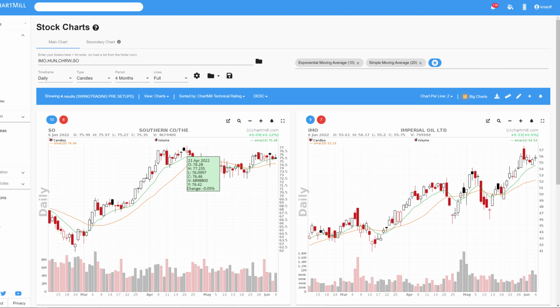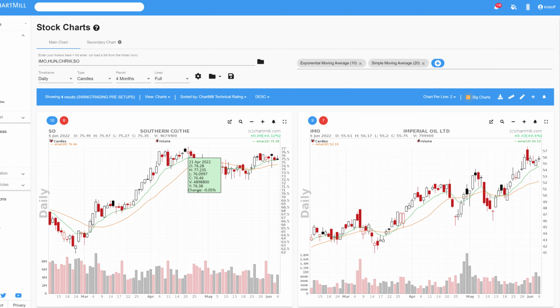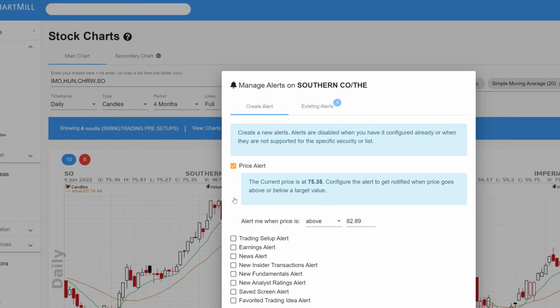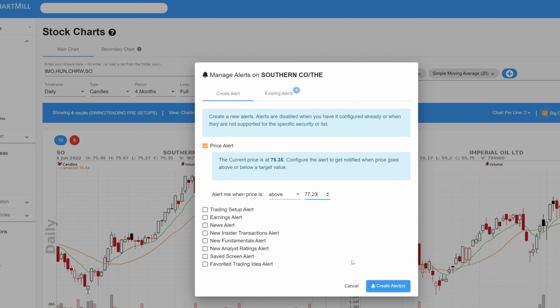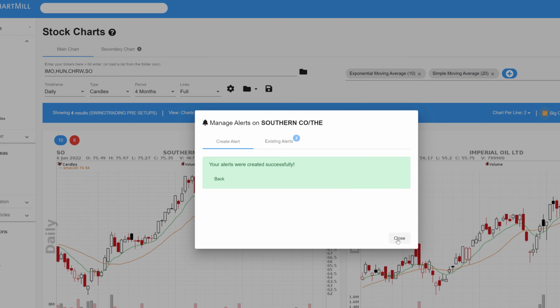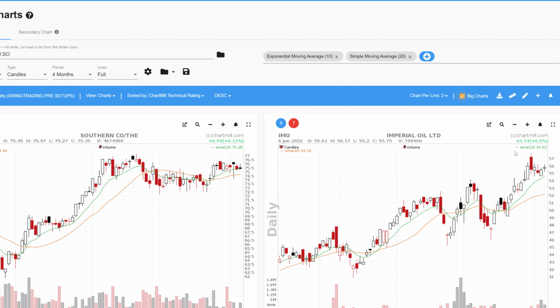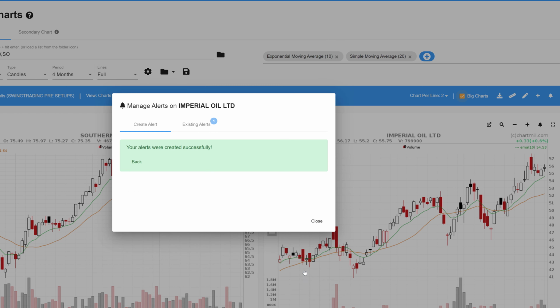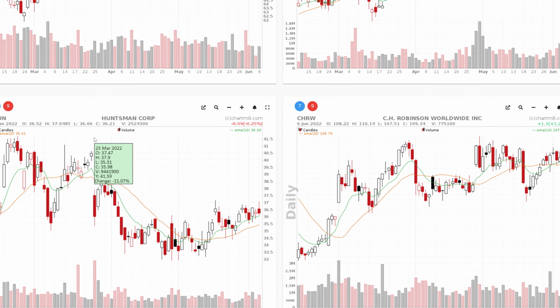And for the Southern Company, the high is 77.23. So I select the bell icon. I'm going to add a price alert if price gets above 77.23. I want to be notified. Push notification or mail. Create alert. Close. Next, Imperial Oil, the high 57.63. So again, a price alert. 57.63. If price is above, create alert, close. Huntsman Corporation,